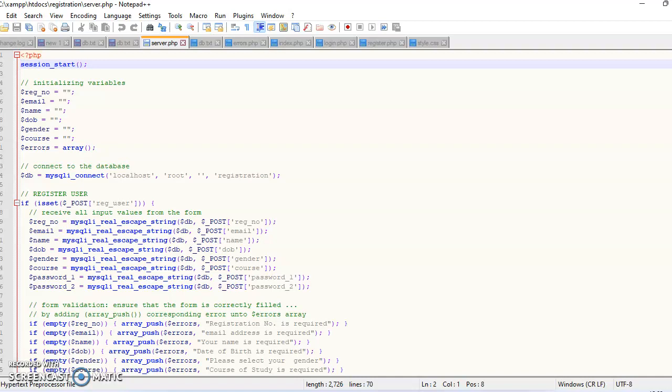The data is received from the form and checked to make sure that the user correctly filled the form. Passwords are also compared to make sure they do match. So if no errors were encountered, the user is registered in the users table in the database with a hashed password. The hashed password is for security reasons, so that people don't hack our database. This ensures that even if a hacker manages to gain access to your database, they will not be able